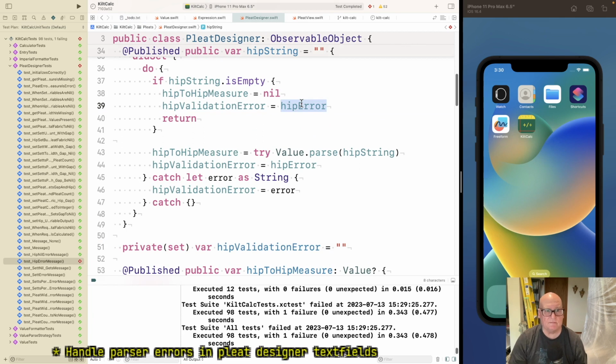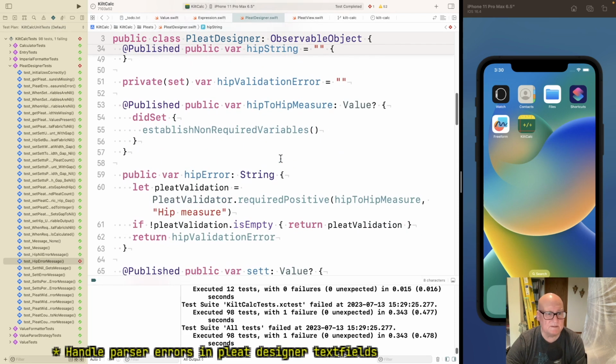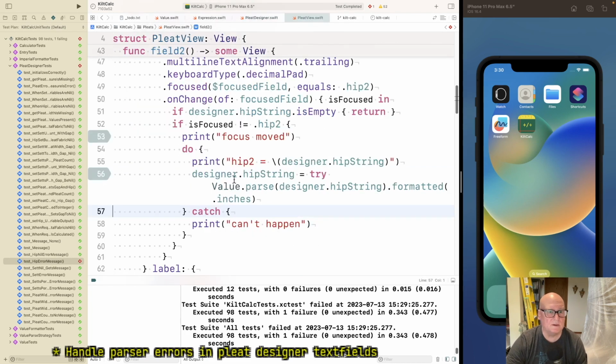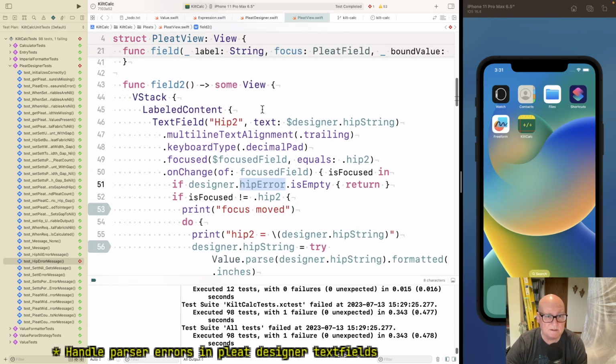And if it's empty, I think it should be empty. Let me see. So I'm saying that hip error is what should be shown in our view. I really don't like having this over and over. Hip error is empty return.